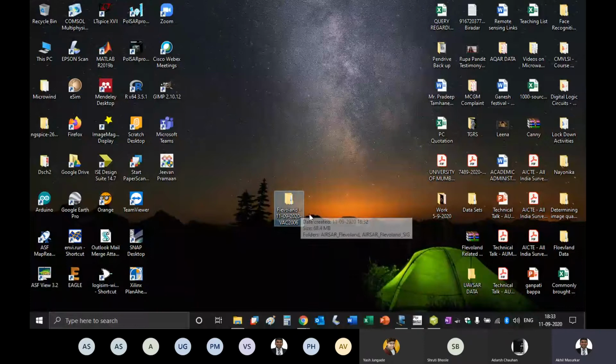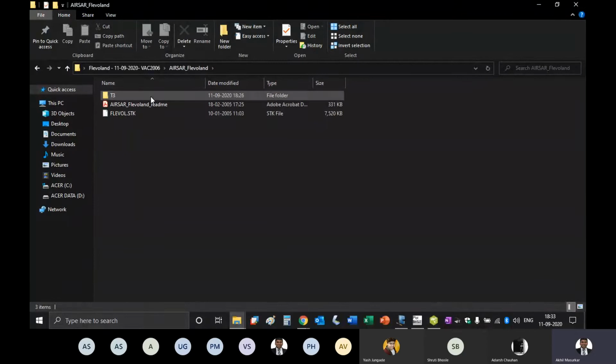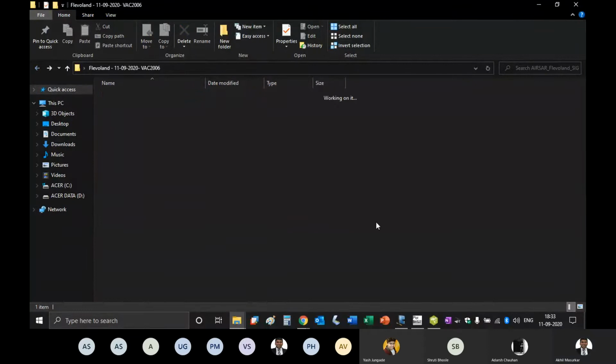Okay, so that should do the job. So I have my two datas now. One is my original data, and the second folder I got my Fluoline signal.